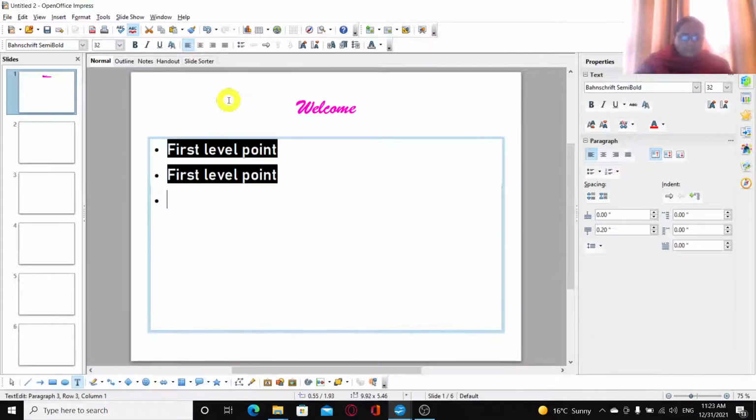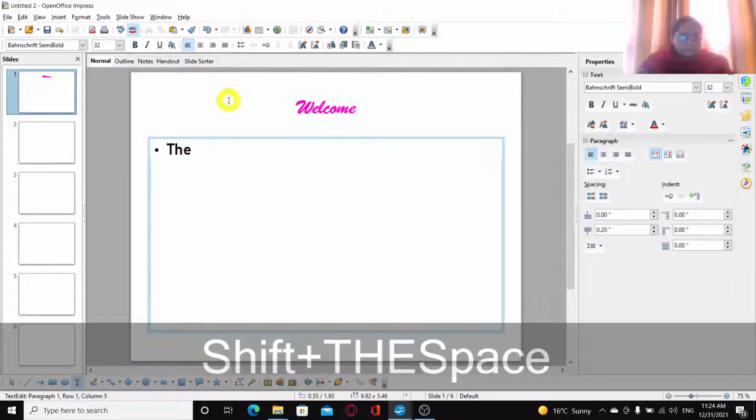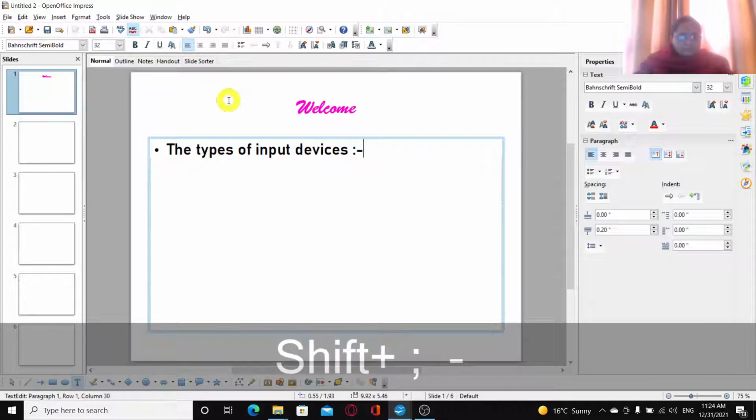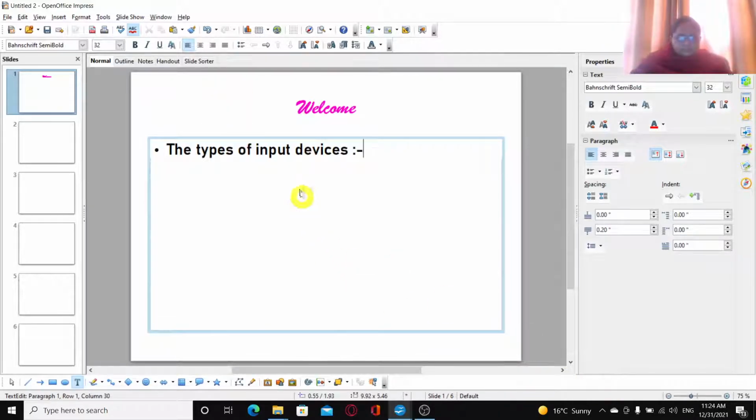So I'm going to delete all this and let us type something actually relevant. So we are here. Types of input devices. Now I'm going to specify this by pressing the tab key on the keyboard.